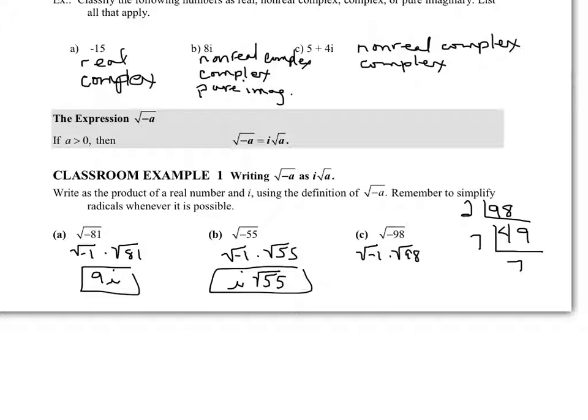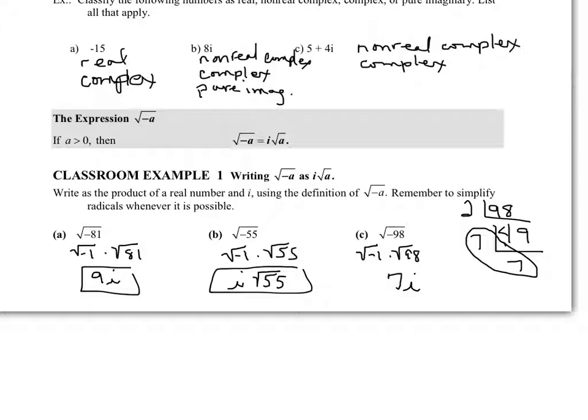Now, I have this factored into prime factors. 2 times 7 times 7 gives me 98. What I'm looking for is to see if I have a pair of numbers. Remember, a square root says what can you multiply times itself? So if I find a pair, I'm going to circle that up, and that means that out of what I circled, I can take one of those 7s, and it goes outside the radical. You can think of it this way. 7 times 7 is 49. What's the square root of 49? It's 7. So the square root of 98, a 7 will come outside